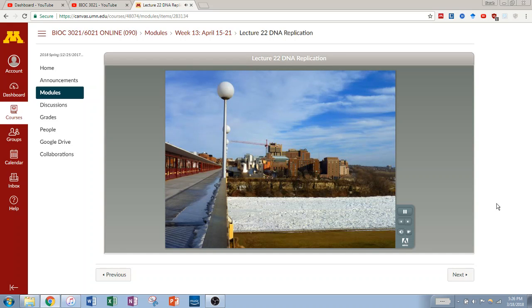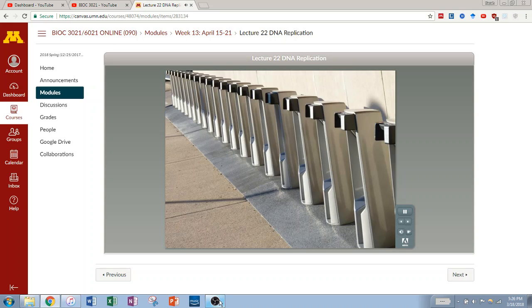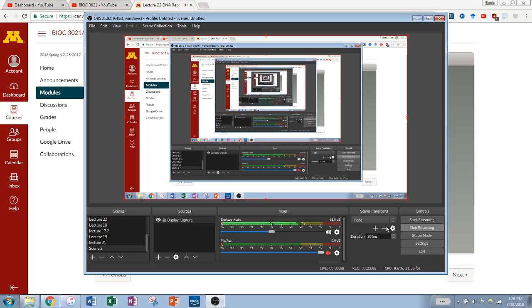How often do you see ice on the Mississippi and green grass on the riverbank at the same time? What's going on here? That combination of ice and green grass was so unusual that I show it again. During my 40 years in Minnesota, I've never seen this before. This row of bike stations looks like a